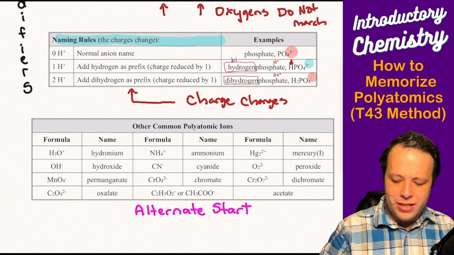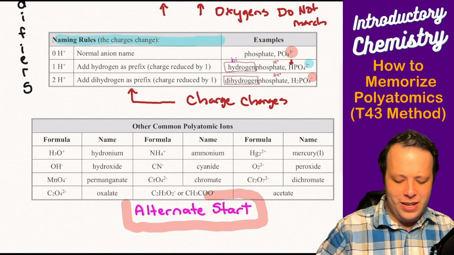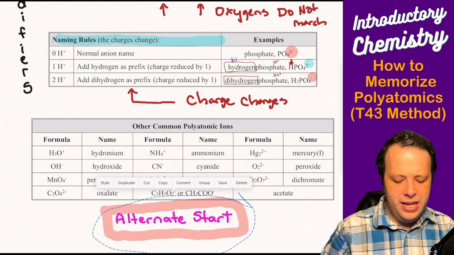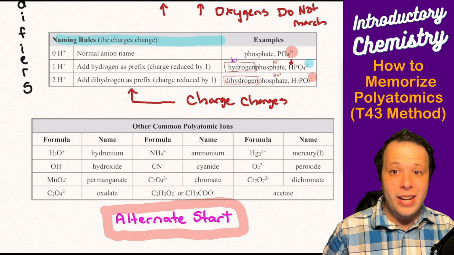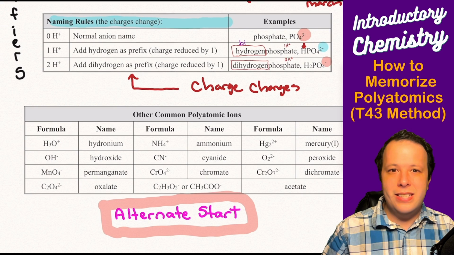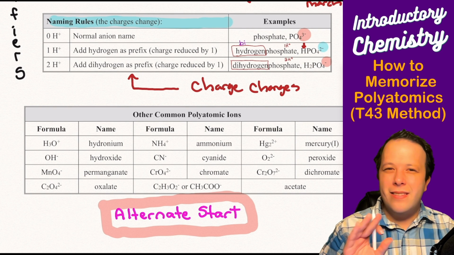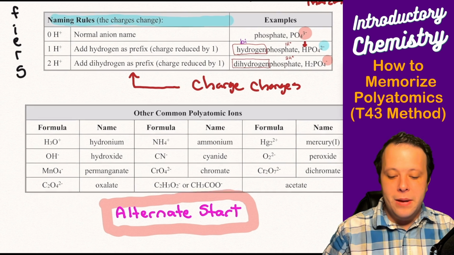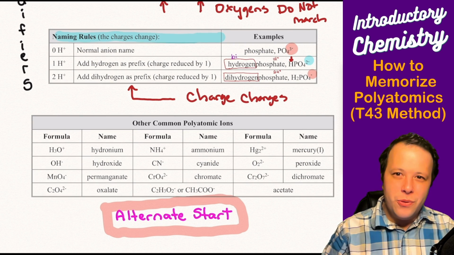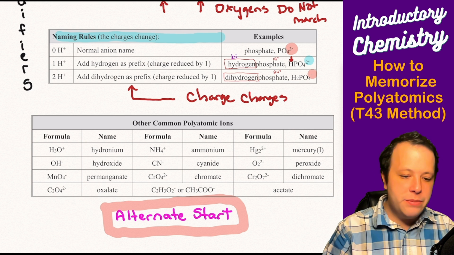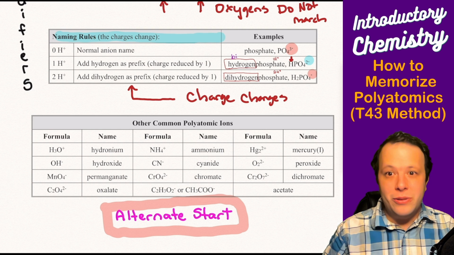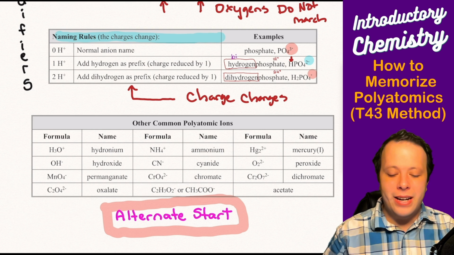The other part I call your alternate starts. I don't have a better way of writing that, but alternate means that if something doesn't match the ates and you can't figure out its charge and it doesn't match anything, this is where it comes in. It's essentially all the leftovers that are not as important. Keep in mind, this is not every single polyatomic you will ever come across, but it is generally the majority of the major ones you'll see in lab, textbooks, or class. There could be others, and you'll have to do some research to see exactly what it is and how to name it.